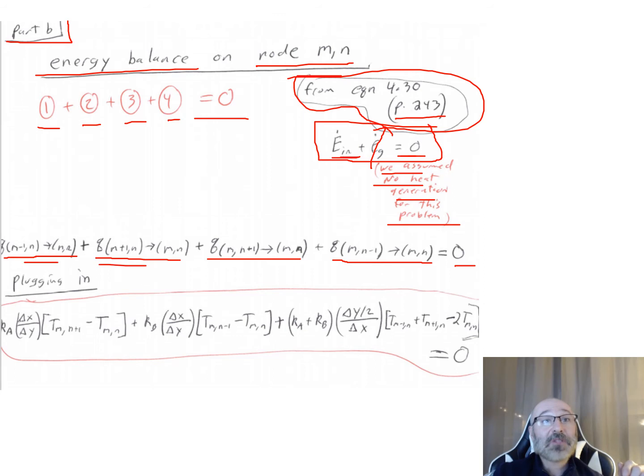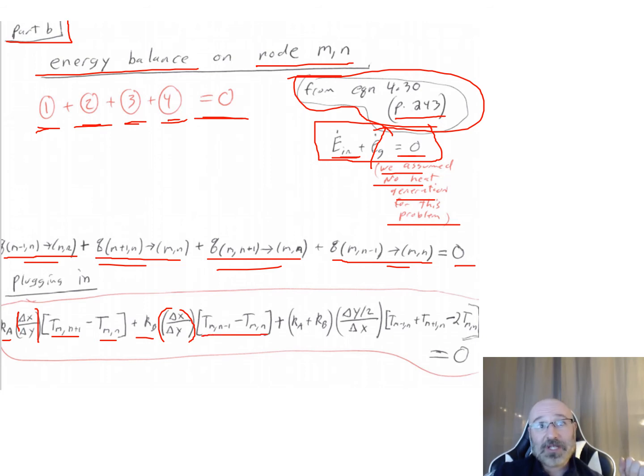Well, now we have expressions 1, 2, 3, and 4 from up here that we solved for in part A, and we can plug those straight in. And when we do that, what we end up with is this value of our K_A times our delta X over delta Y times now our temperature difference between T of M,n plus 1 minus T of M comma N, plus our K_B, our thermal conductivity B, times that delta X over our delta Y of our T of M comma N minus 1